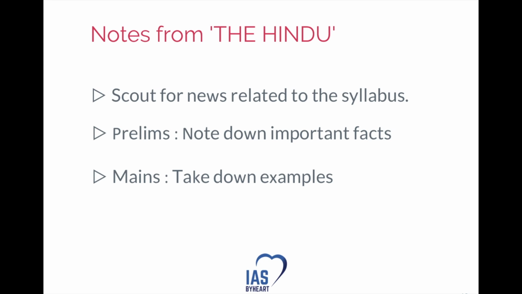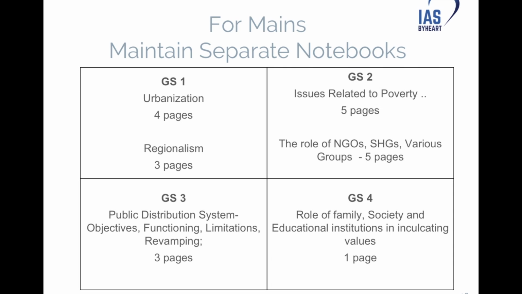For mains, a detailed, elaborate strategy is needed. I'll tell you how. The most effective way of making notes for current affairs will be to divide the notebook into different parts. That is, each notebook for GS paper 1, paper 2, paper 3, paper 4, and so on. Whatever new information one encounters from the newspaper which is related to the particular syllabus should be immediately noted down. This way, the notes will be automatically organized paper wise and also syllabus wise, and it will become very easy to refer, revise, and update later on.